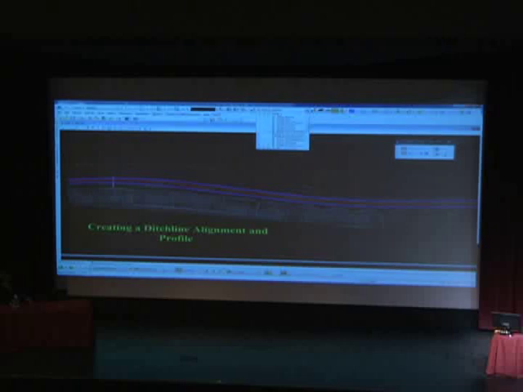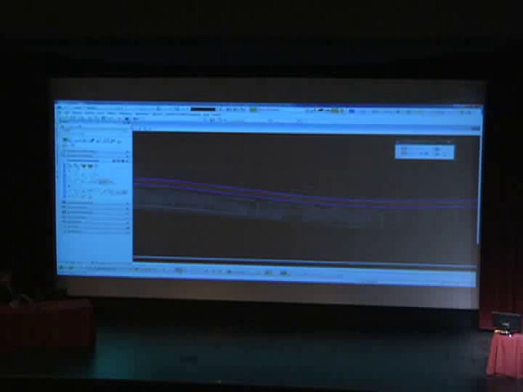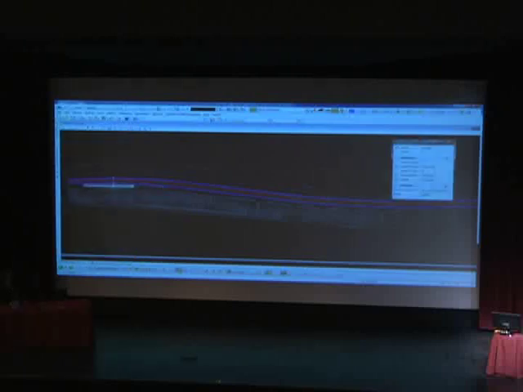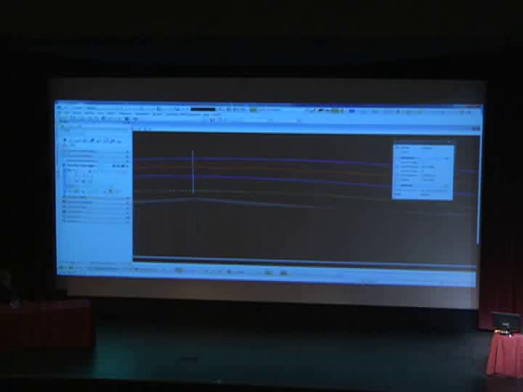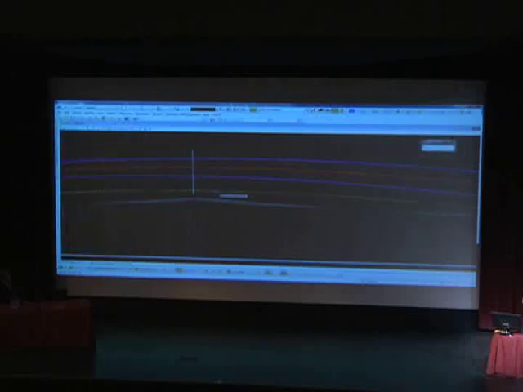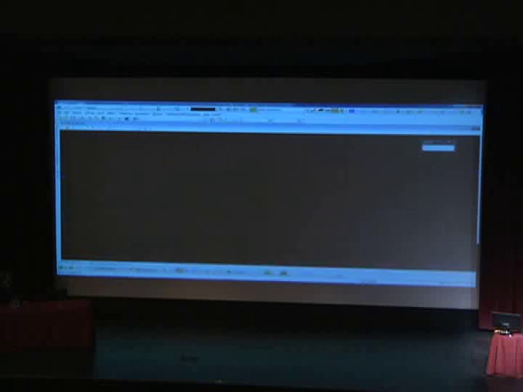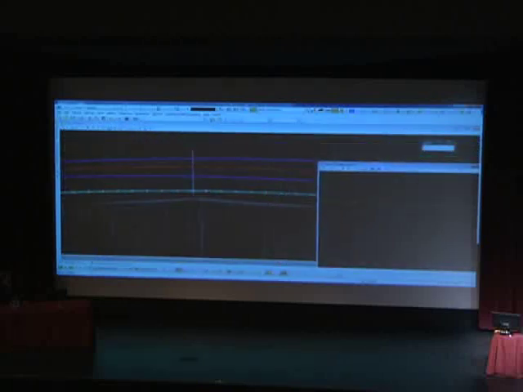Next, I'm just going to go ahead and create a ditch line alignment and profile. So I'm just going to, again, use my horizontal geometry tools to find the location of my ditch line. I'm going to offset it about 60 feet from the center line of the road, and I'm just going to go all the way through to wherever I believe my ditch should be. There's no ditch on the right hand of my DGN, so I just stopped it a little bit early before a bridge. Now I'm going to bring up the profile view for this ditch line, and you can see here that the existing ground's there,